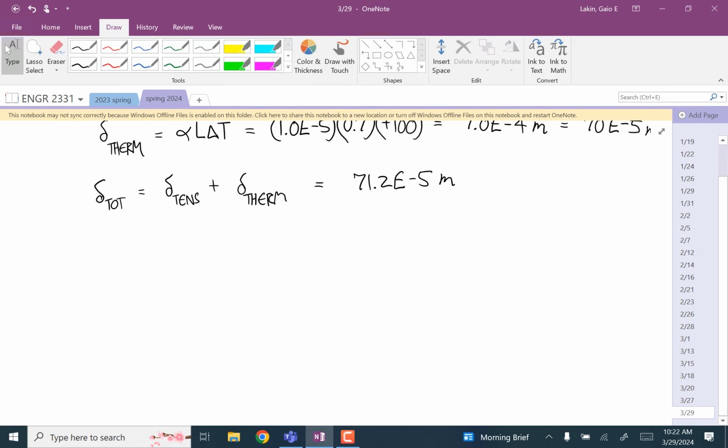So now we're going to use this for statically indeterminate structures. Well, we can't do much for structures with only tension and compression, but